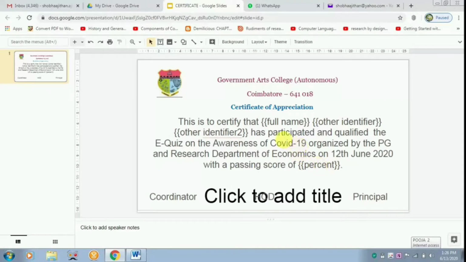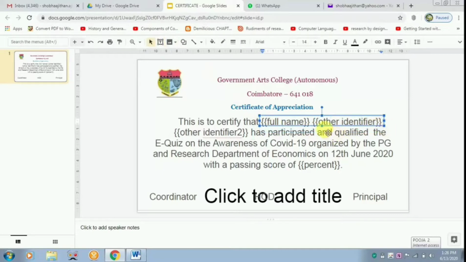So even before bringing this into the certificate part, you have to take the text box and put a box over here. Why you have to put the box is because then only the certificate will be generated automatically.